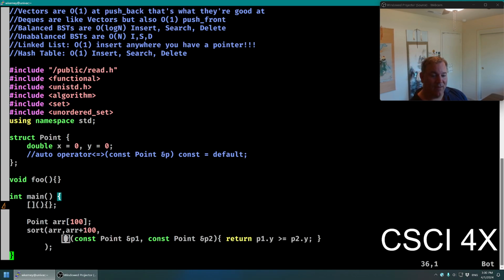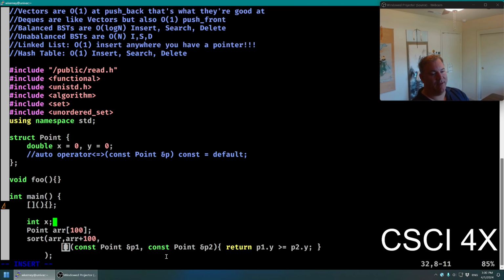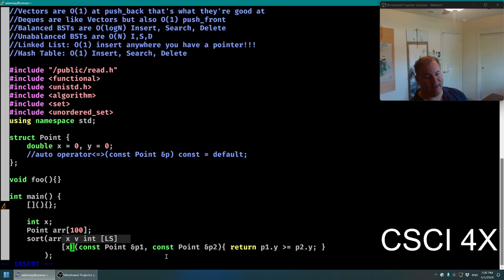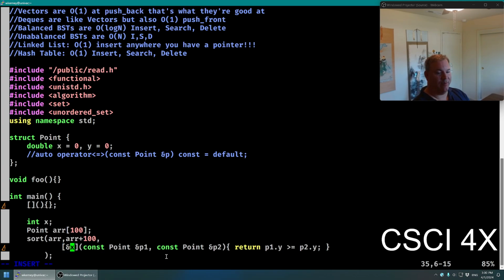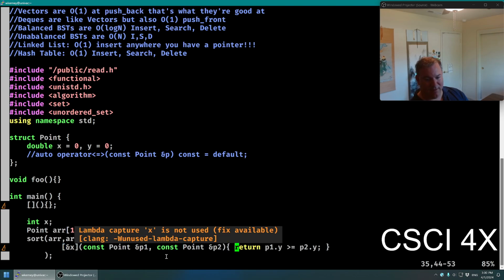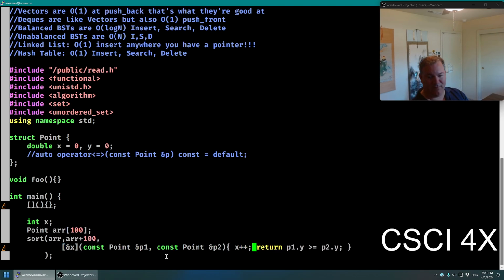You might think the square brackets are the name. Square brackets are kind of weird. There's something called lambda capture, where if you have a variable out here, you can lambda capture x, and capture by reference if you want to, and use it inside of here, x plus plus or something like that.